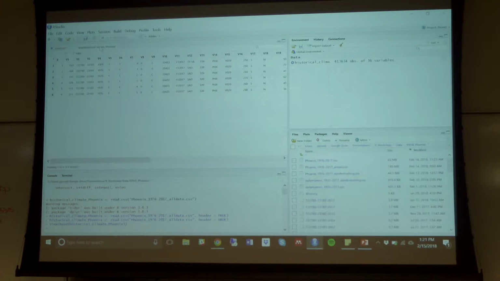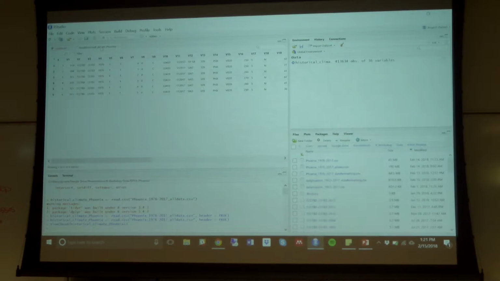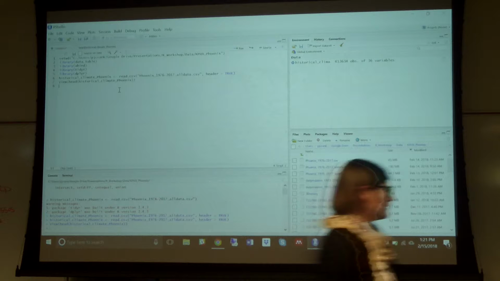Okay, so we don't need that first column first of all because it's really just telling us the row number. So the way that you can remove that from your data, if you go back to your script